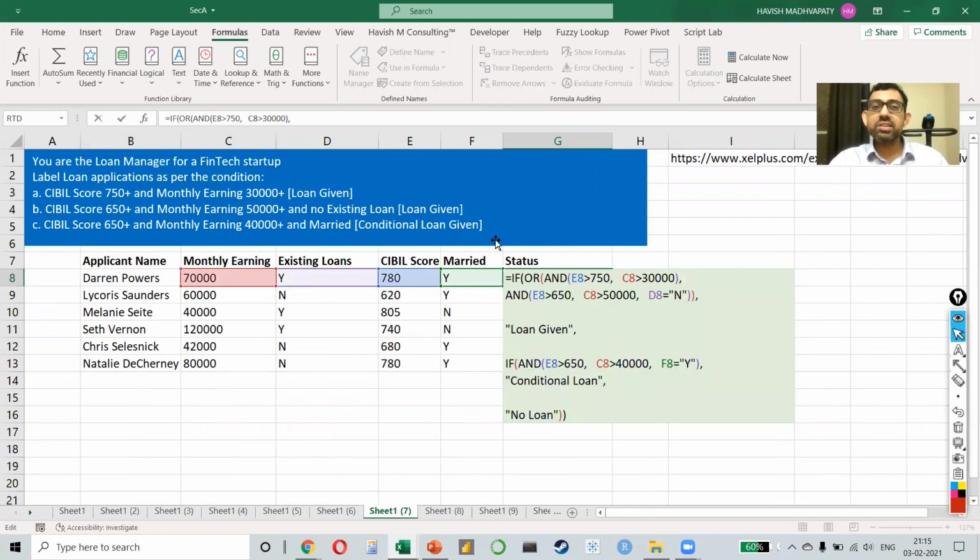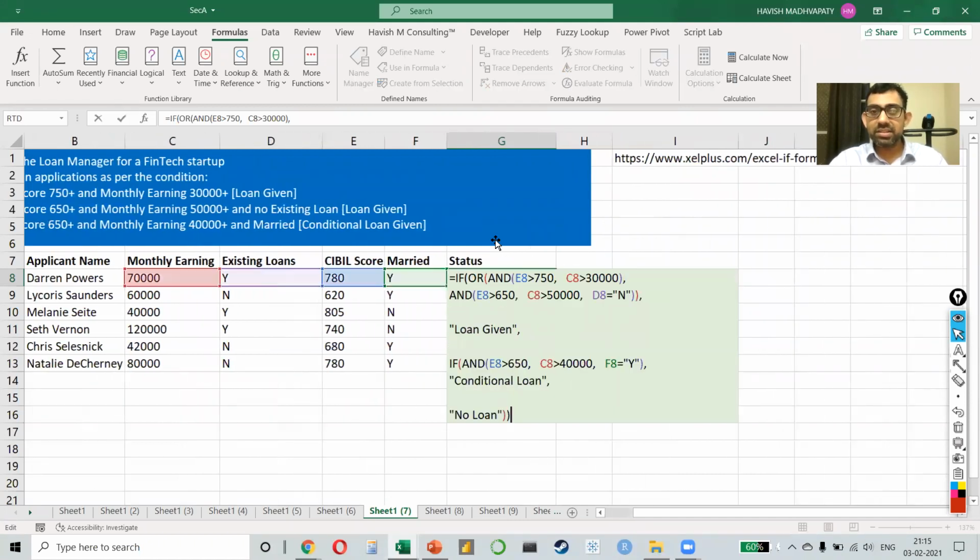The actual formula here is not important. What is more important is that despite the fact that this is a very long formula, you notice that it looks very neat. And the reason for that is that we are very generously using both spaces as well as line breaks.